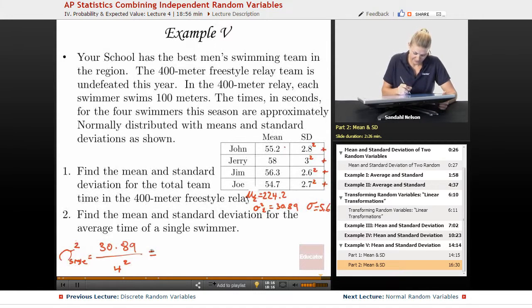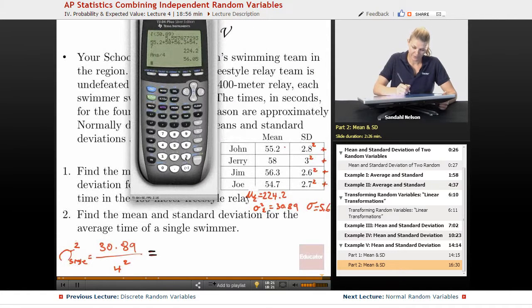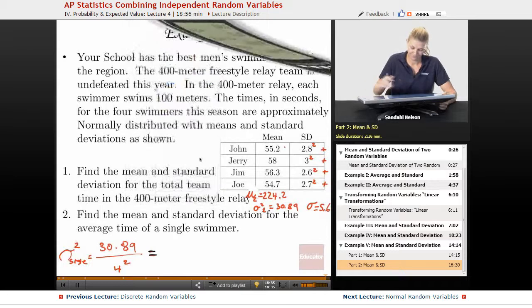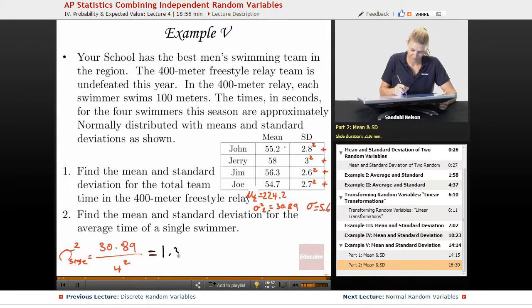Black would be a little more easy to see, sorry about that. So we have 30.89 divided by 4 squared, and then square root of that is 1.39, we'll round to. So if these are all their individual variances, then the average of their variances, or rather, not the average of their variance, but the variance for a single swimmer would be